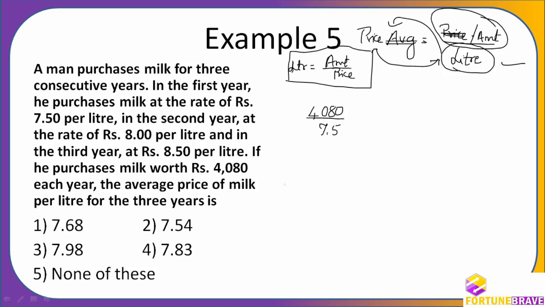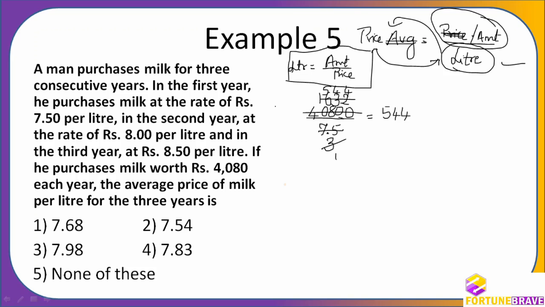So 7.5, to remove the point here, I'll put one more zero, so I'll ignore this now. Now there are two zeros, so it will be divisible by 25. I'll go with 25 first. 25 threes are 75, 25 ones are 25. So what will remain is 158. 25 sixes are 150, 8 will remain. Then I again have to divide it. 3 ones are 3, 3 fives are 15, then 3 fours are 12, and 3 fours are 12.